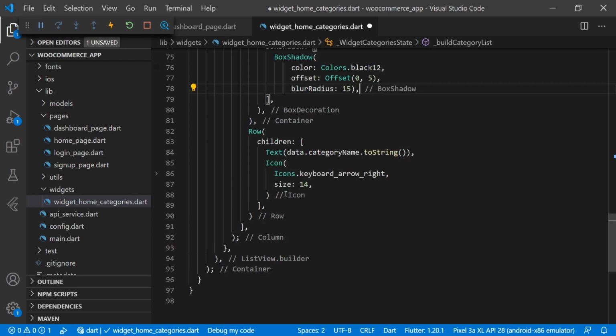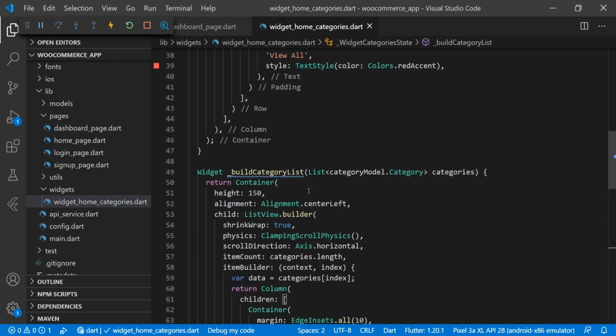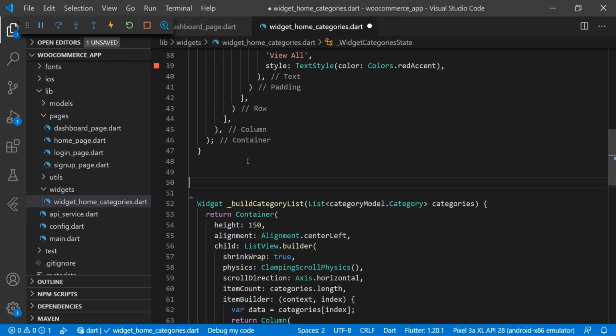So now the template is ready for showing that category and all. Now we will create the method to fetch the data from the server for the WooCommerce API by using Future Builder. For that we have to create one widget, that is a widget category list, categories list,